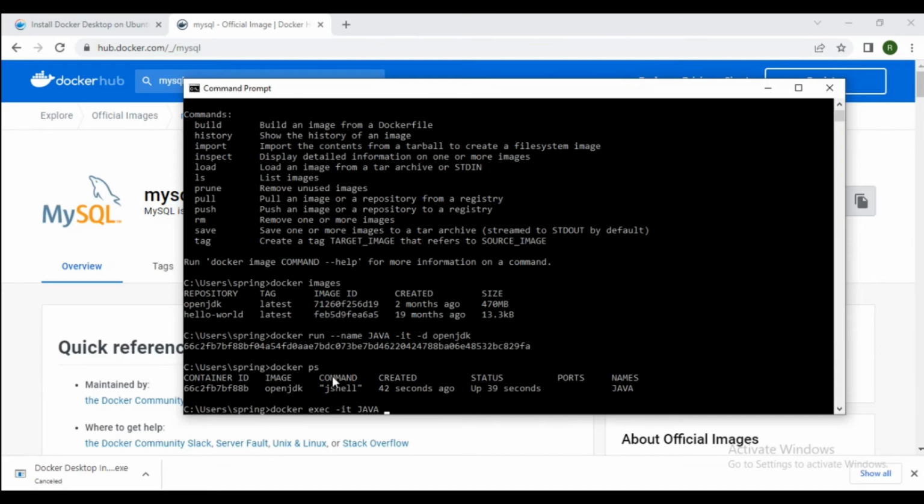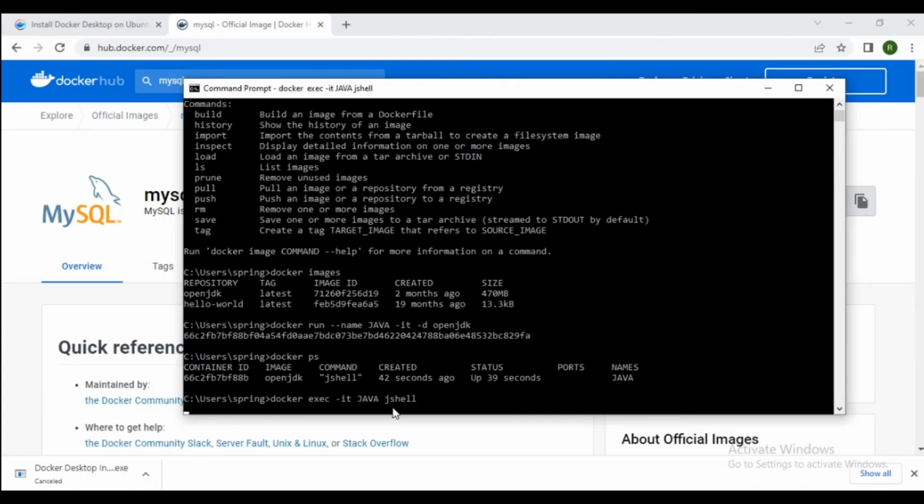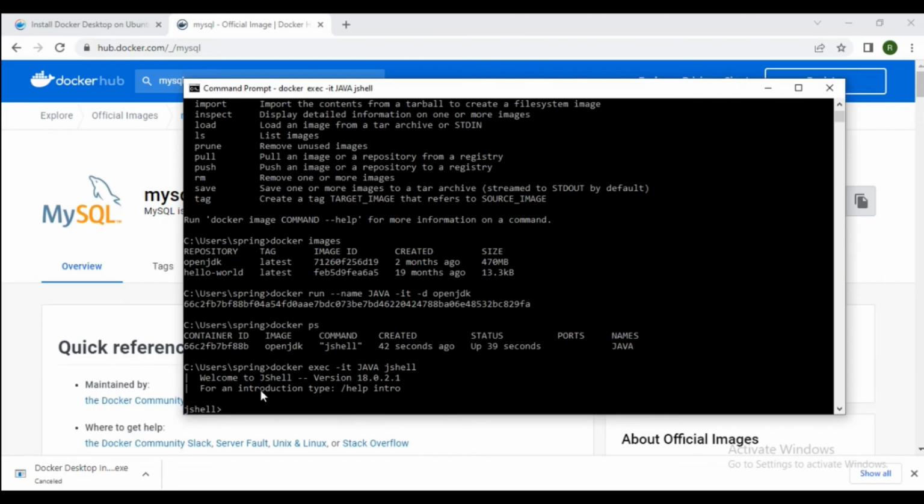After that we give the command name, jshell. So we just give the command jshell and hit enter. So here the Java container is open by using this command, jshell. So we can write any Java program inside this container.